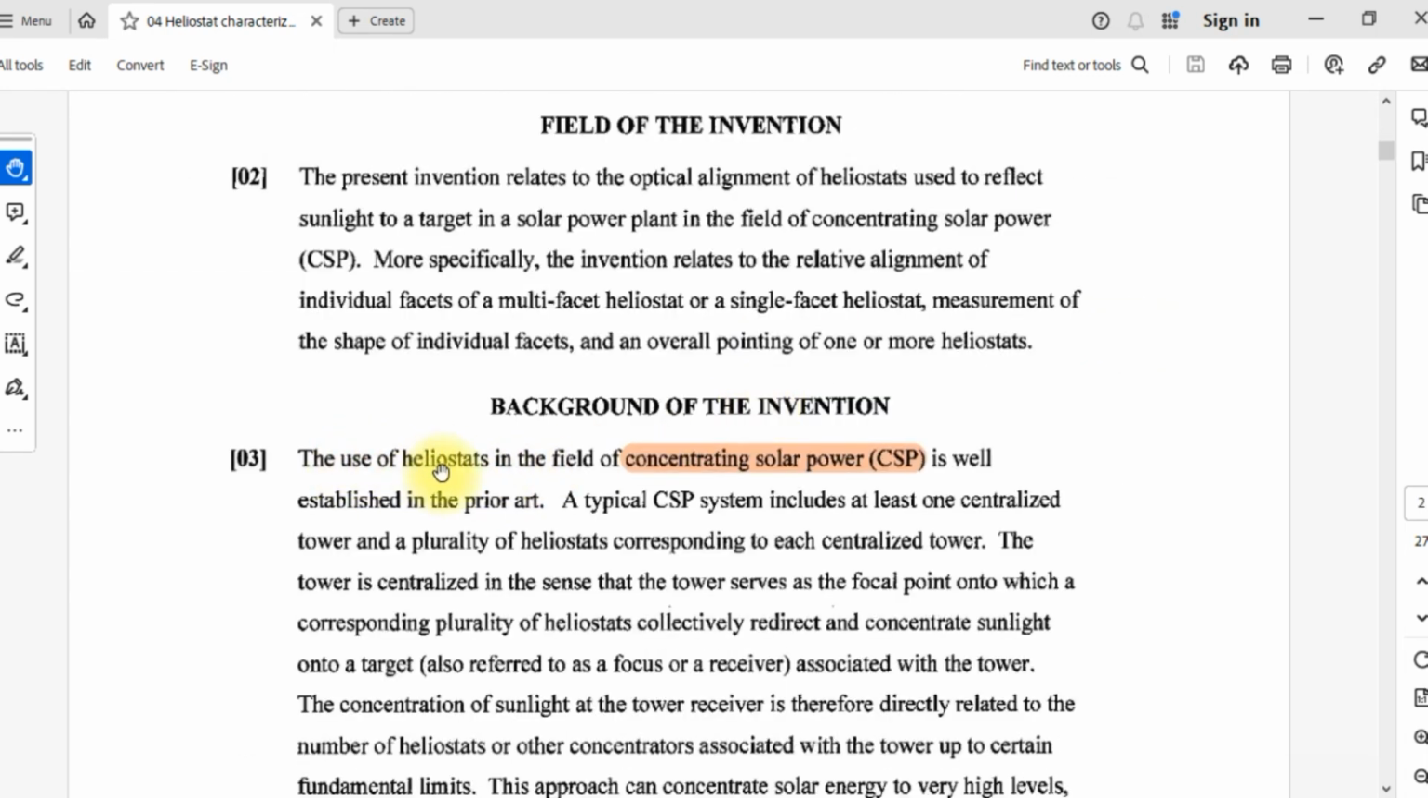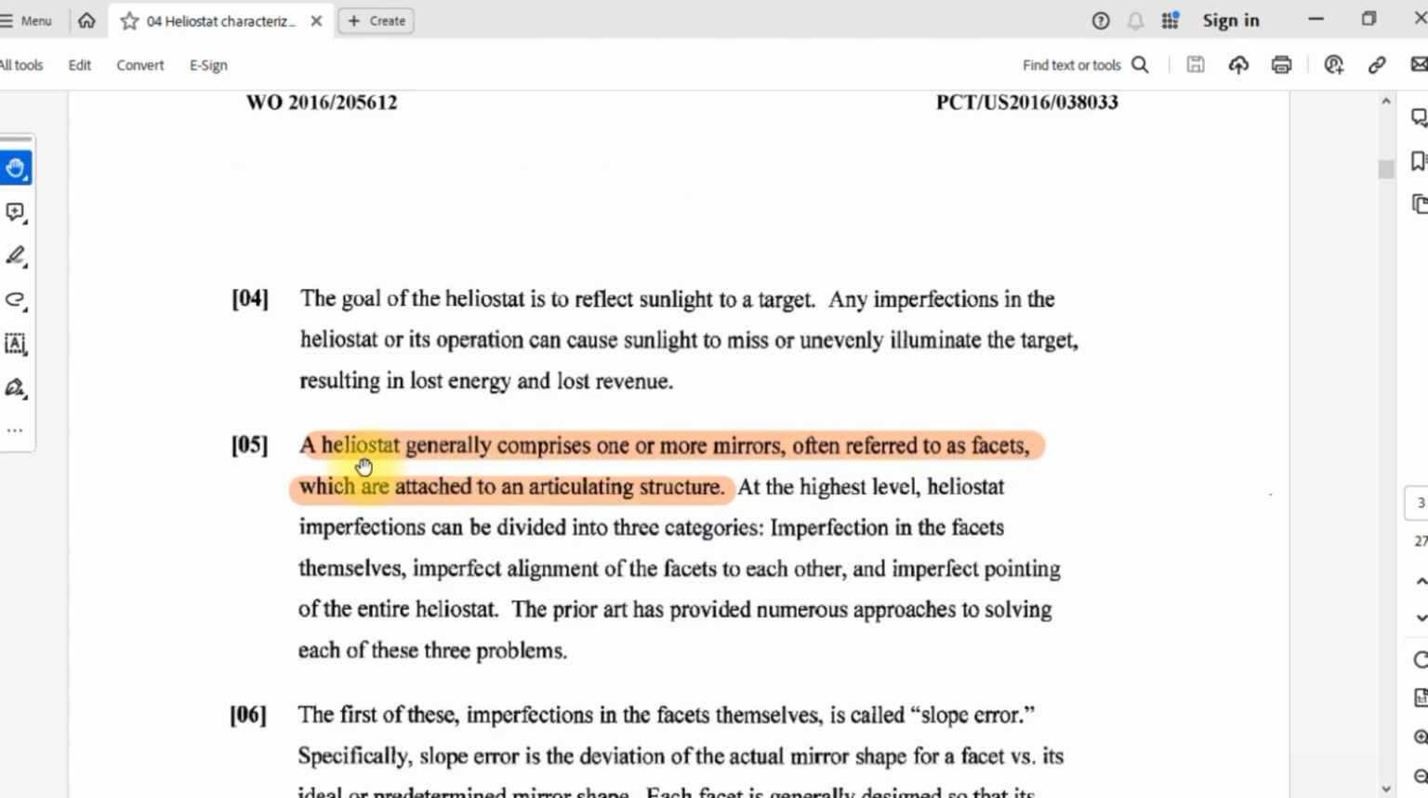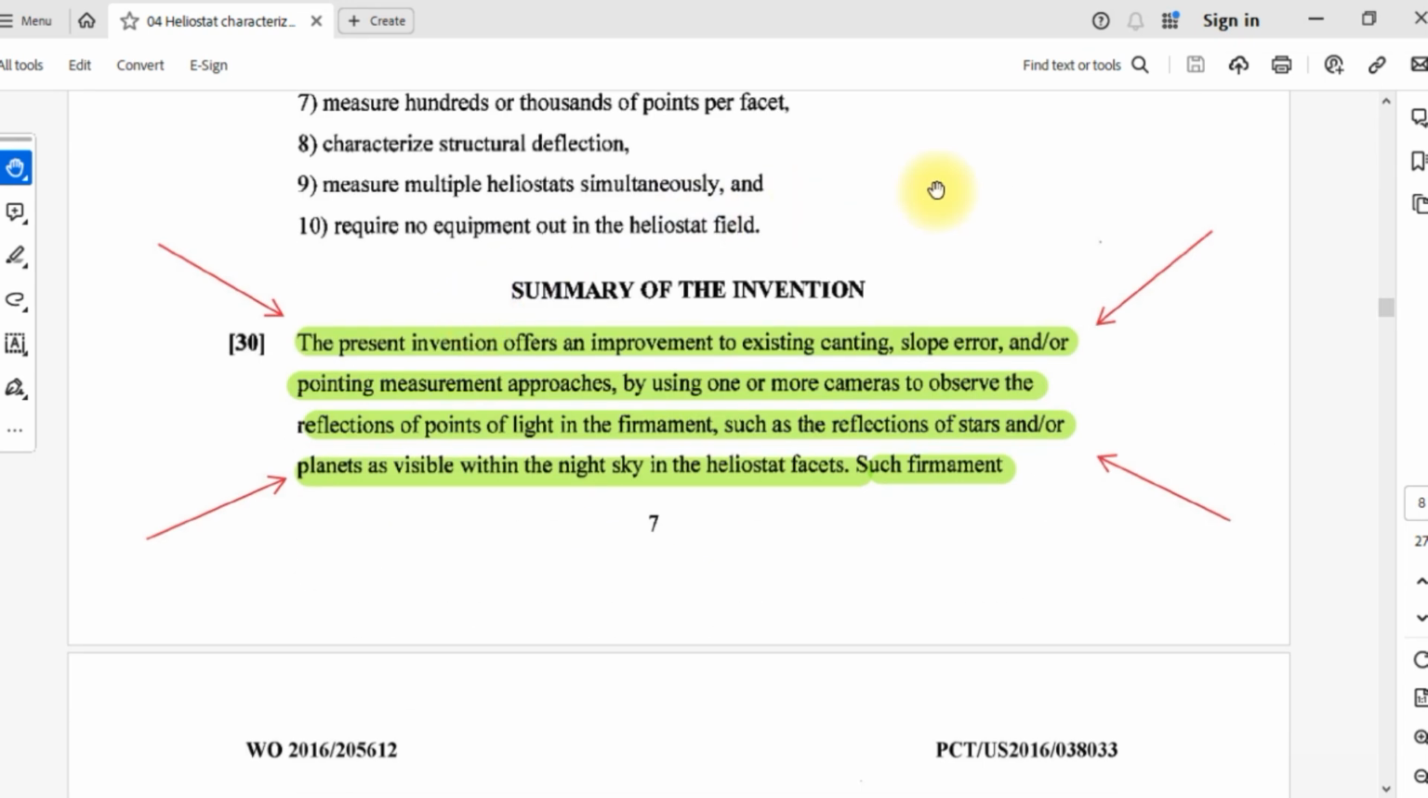So, the use of heliostats in the field of concentrating solar power. Heliostats generally comprise one or more mirrors, often referred to as facets, which are attached to an articulating structure. Here we have the summary of the invention. The present invention offers an improvement to existing canting, slope error, and/or pointing measurement approaches by using one or